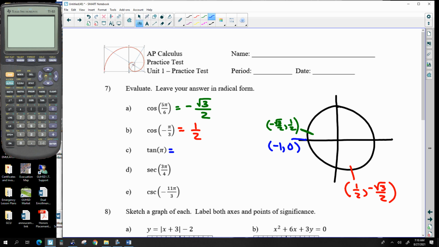Tangent is the same thing as saying sine over cosine. So sine is the y-coordinate, cosine is the x-coordinate, and so that would ultimately be equal to 0. Next we have 3 pi over 4. 3 pi over 4 is right here, which exists at negative square root 2 over 2, square root 2 over